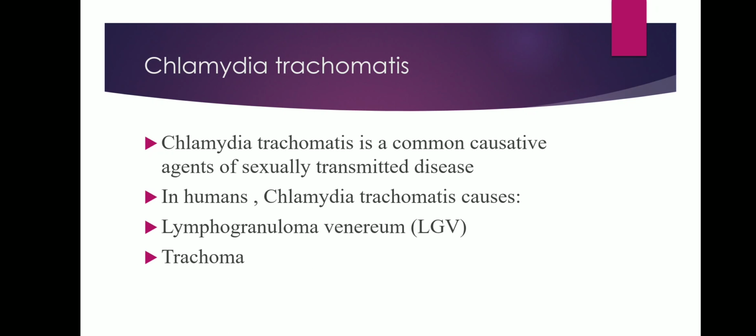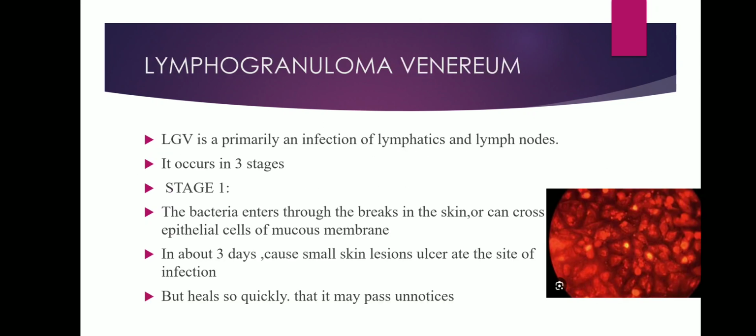Chlamydia trachomatis is a sexually transmitted disease. In humans, Chlamydia trachomatis causes two types of disease: lymphogranuloma venereum, in short form called LGV, and trachoma. These are the two diseases caused by Chlamydia trachomatis. First, I am going to explain about lymphogranuloma venereum, in short form called